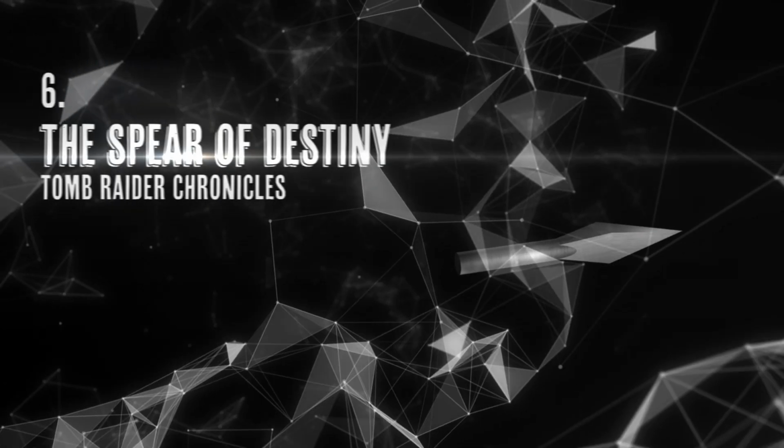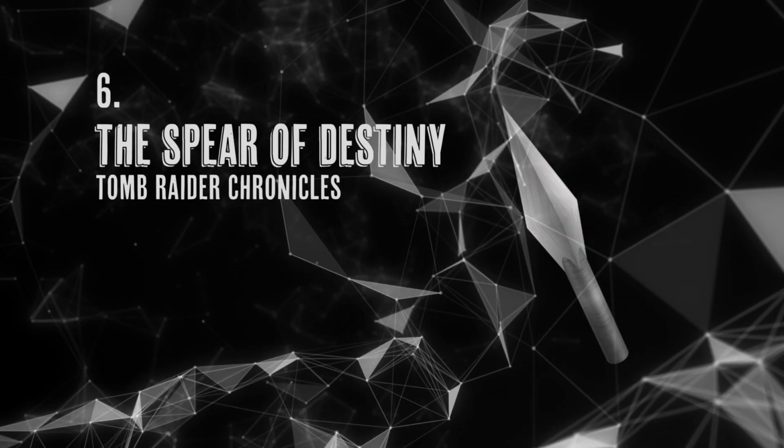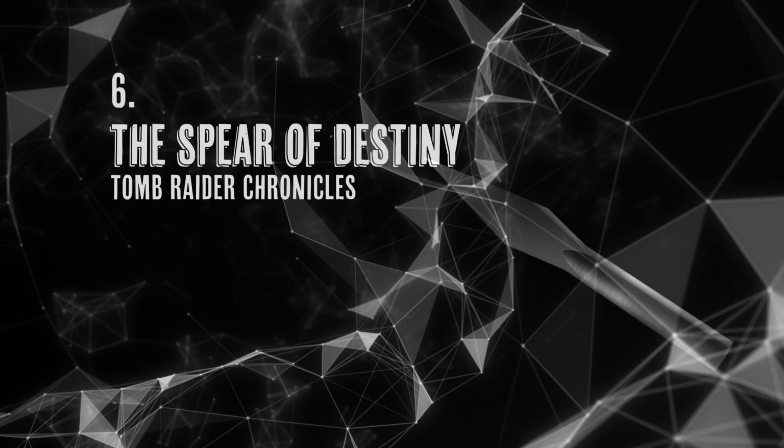Speaking of wars, we're going to number 6's Spear of Destiny from Tomb Raider Chronicles, which is said to have the power to lay waste to entire armies. But not only this, it can make entire armies invincible. Pretty powerful. Pretty handy if all of your soldiers are immortal. And then if the user has the power to actually lay waste to other armies,